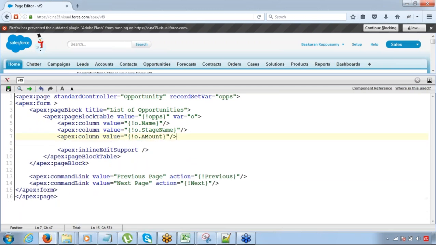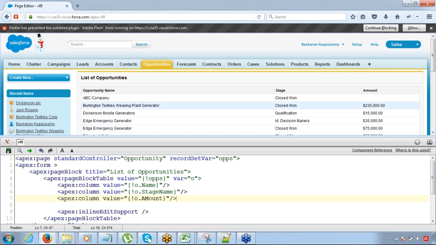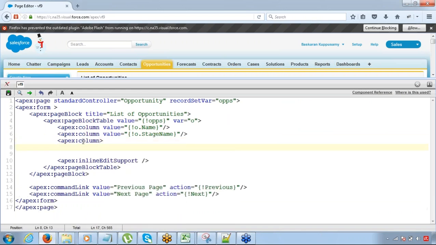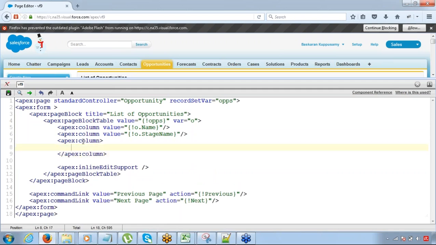Okay, now this is the page. In this page I want the inline edit support only to be applicable for the amount. So let's make the changes to the code here. I need to start the column component and close the column component. Okay, look into this very carefully. Now because I've started the column component and closed the column component, now inline edit support I want to bring inside this,